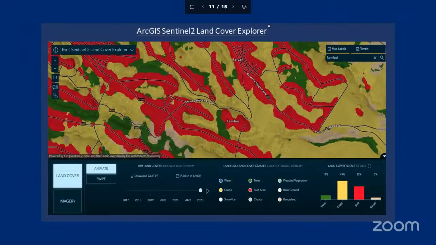As part of my solution, I highly used this application by the ArcGIS suite. In the ArcGIS suite, it's called ArcGIS Sentinel-2 Land Cover Explorer. Ideally, initially, I would have downloaded the images and performed the classification myself to achieve this, but I found